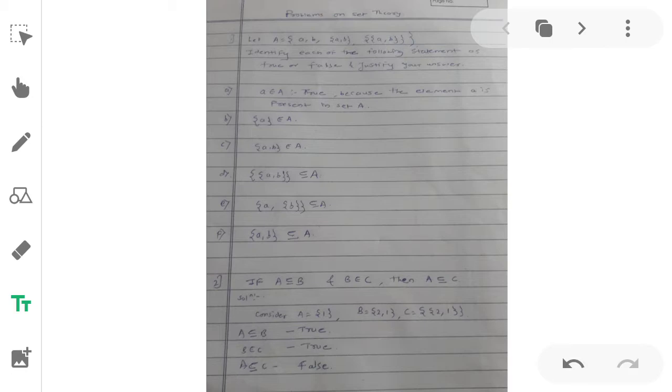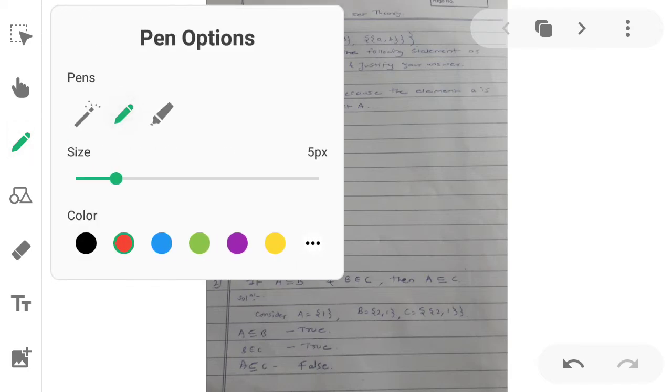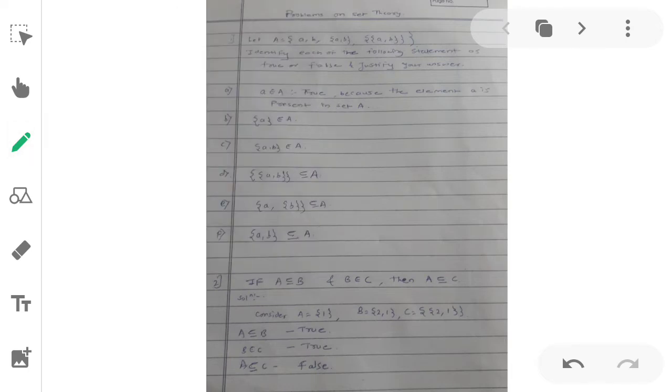There are parts a to f in problem 1. We are working on problem a.